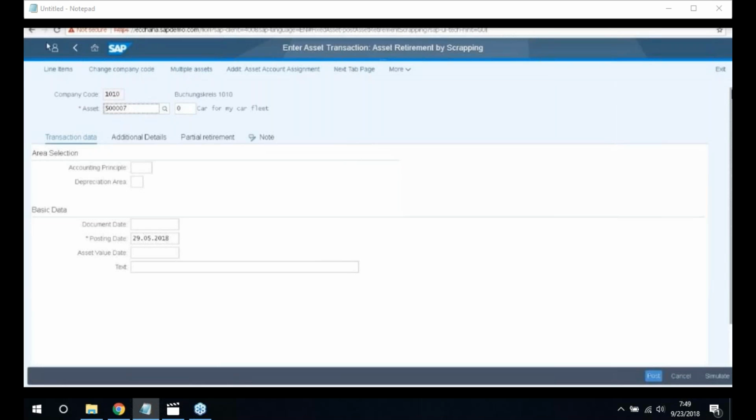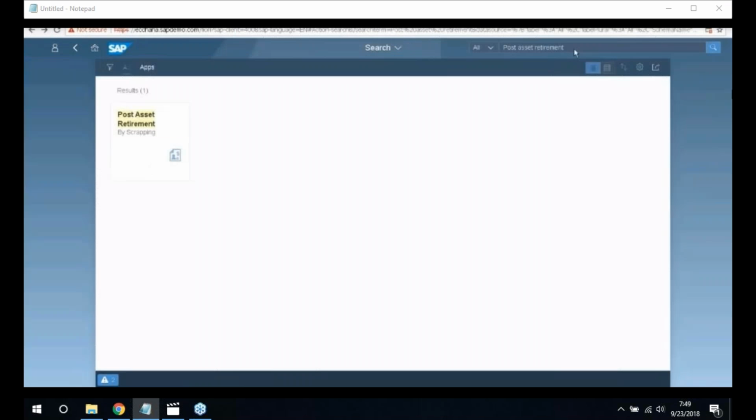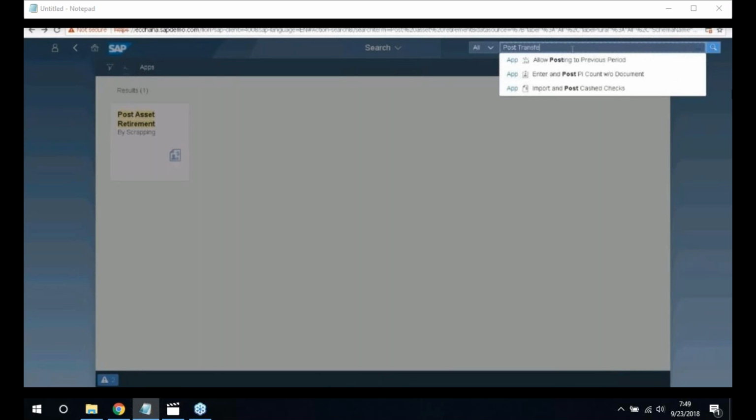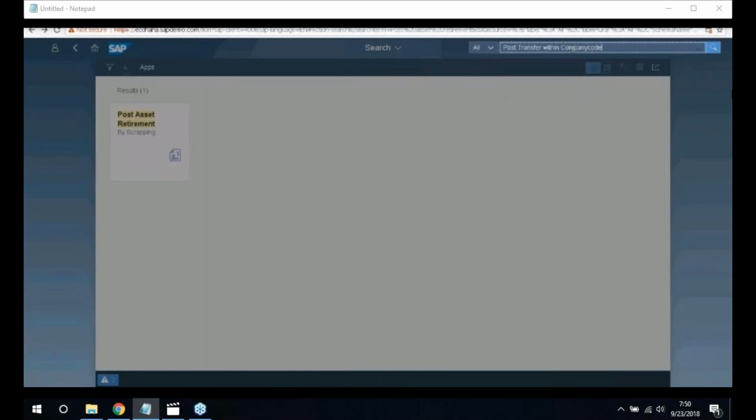Now, let us go back, enter post transfer within the company code, enter,